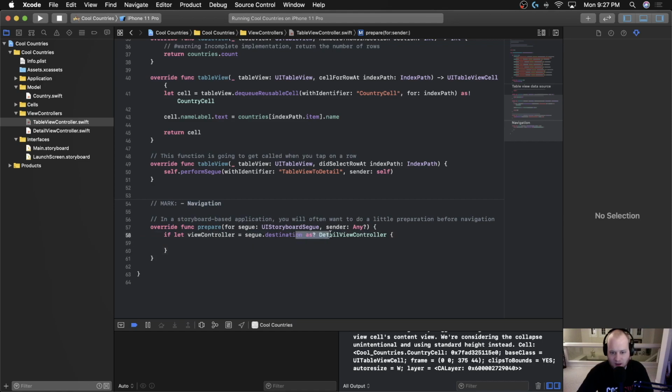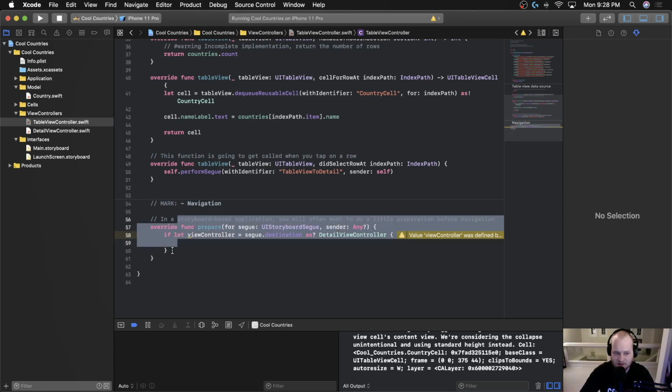So we're going to want to optionally cast it to a DetailViewController, because in this particular case, the only view controller that we're going to be going to is a DetailViewController. But in other applications, there might be two or three different types of view controllers that you could be going to, and you might want to do different things with each. So if you were to ever copy and paste this code into another project, I want to make sure that you're not doing something potentially dangerous. So we want to optionally cast it to a DetailViewController, and if it's successful, then we're going to say